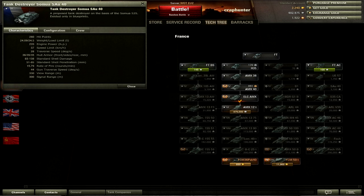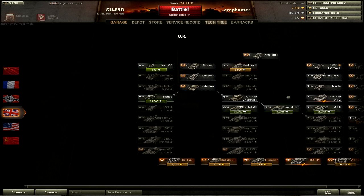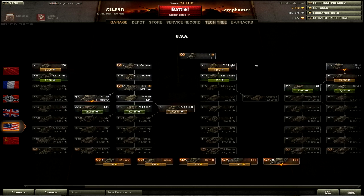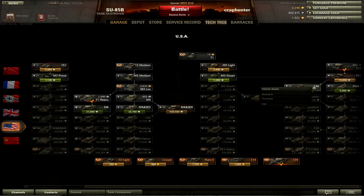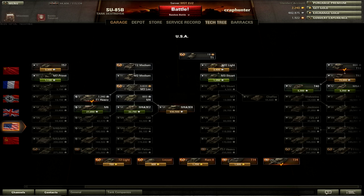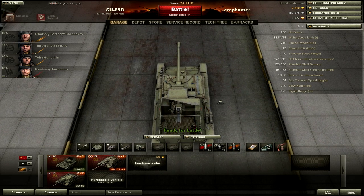No, for some tank destroyers you've got the gun in the middle, which kind of makes sense. For the Alecto, I think it's the same deal. You have the gun in the middle. The Yanks have the advantage because they got one in the middle, but they also have one with a turret. So the Americans prosper a little bit, but not that much. But for this one, it's pretty much in the middle, but it's just...